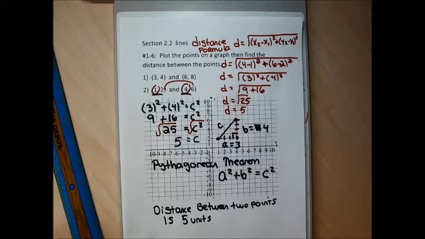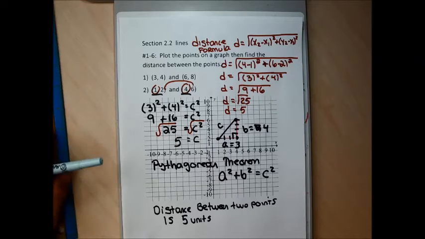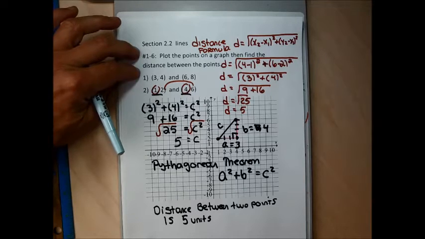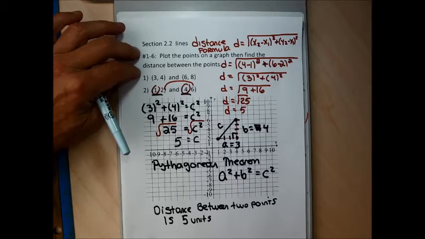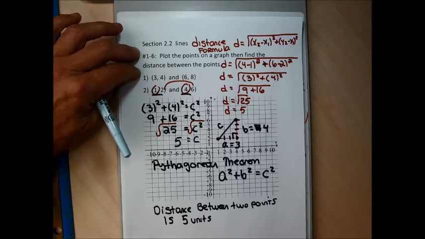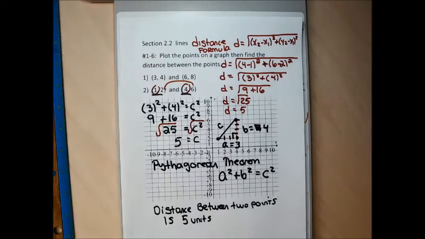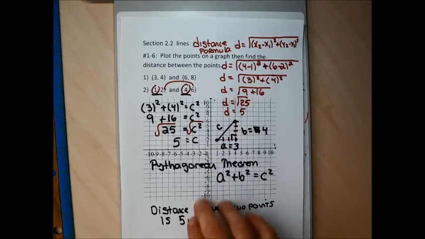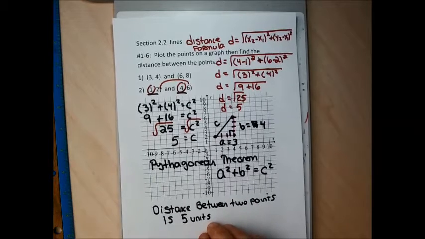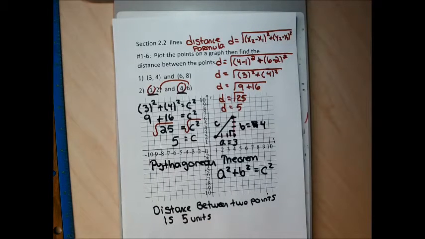So when we get to a test, the instructions for the questions are going to say find the distance between the 2 points, and if you don't want to graph and use the Pythagorean theorem, and if you just want to use the distance formula, that's completely fine. All right, so let me move down to problems 3 and 4,